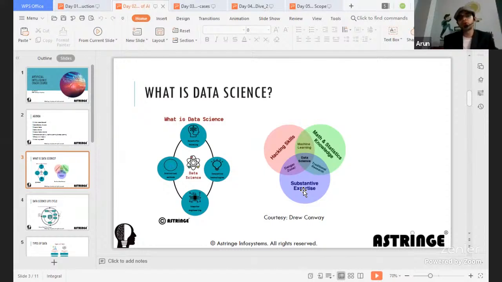You do not know what problem you are trying to solve, and the problem itself could be so complex that it might lead to a lot of catastrophe. So even if you are from a programming background, I would suggest at least having domain knowledge. That's the primary thing. This is one of the definitions which Drew Conway gave. Is that the only thing? The answer is no, because that was right back when he gave it, around 20 years back.